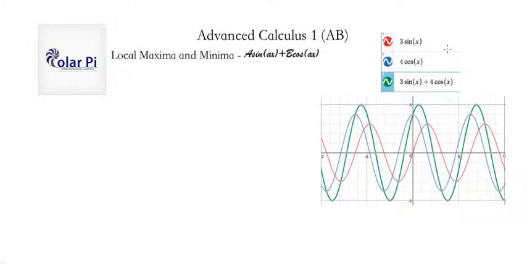I've given you a very specific case here with capital A being 3, capital B being 4, and little a being 1, right? And if you look at the color-coded visual and the corresponding graph, the expressions, and the graph, then you should be able to figure out or anticipate what our answer is going to be. Like, you should have some ideas of what's happening, but it's okay if you don't. Let's look at the calculus and the algebra and how to get at the conclusion of the amplitude of this